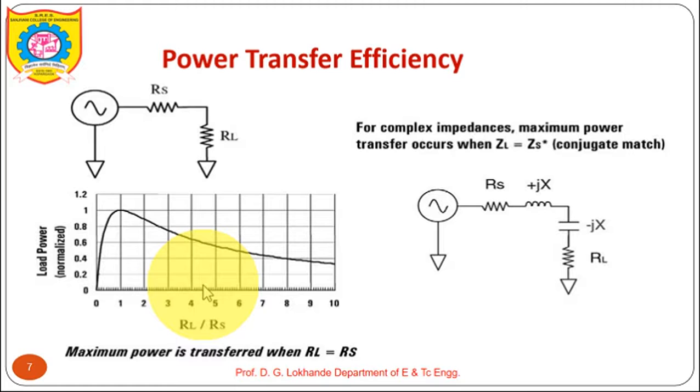Then another component for the antenna is the power transfer efficiency. We know very well that maximum power is transmitted only when the maximum power transfer theorem holds good. In that case we require impedance matching between the load impedance and the source impedance. At the same time, if any reactive components are available, they should be complex conjugates of each other. Then and only then, if this condition is satisfied, do we get the maximum power at the desired value